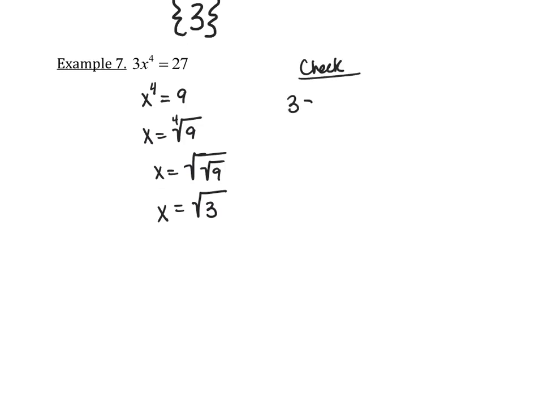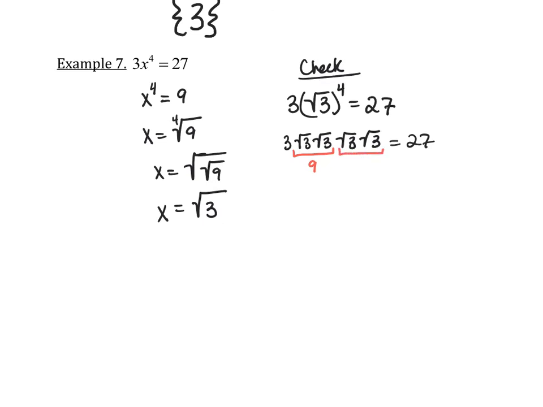If we want to go ahead and check, we would do the square root of 3 to the 4th power, multiplied by 3, see if that's equal to 27. Well, I know that this is the square root of 3 times the square root of 3 times the square root of 3 times the square root of 3. And we can see that if I do the root of 3 times the root of 3, I get 9. Something's not working out here. And root of 3 times root of 3 is not 9. Root of 3 times root of 3 is just 3. And this is 3, so 3 times 3 times 3 times 3 is 27. So yes, that works. So my solution set is simply the square root of